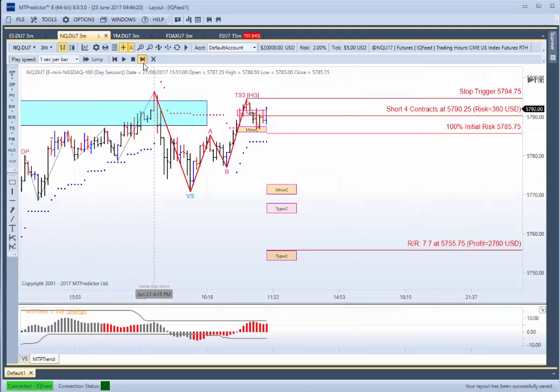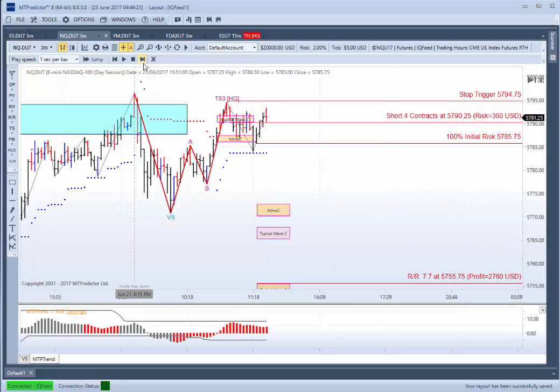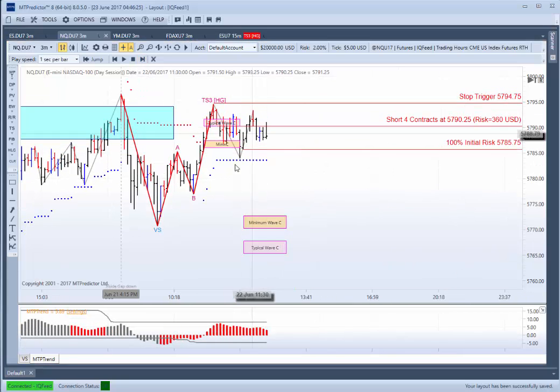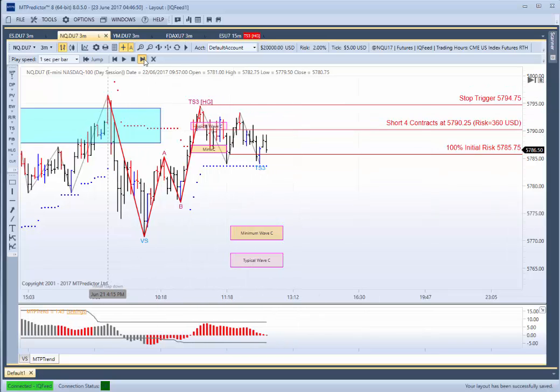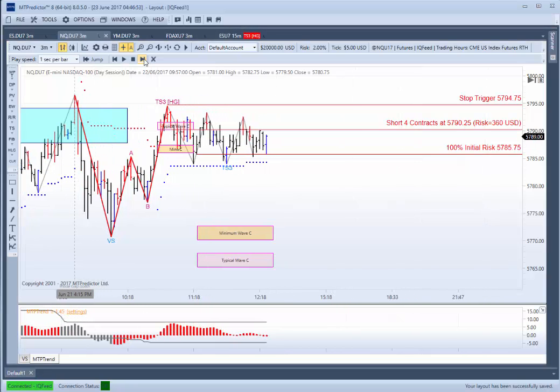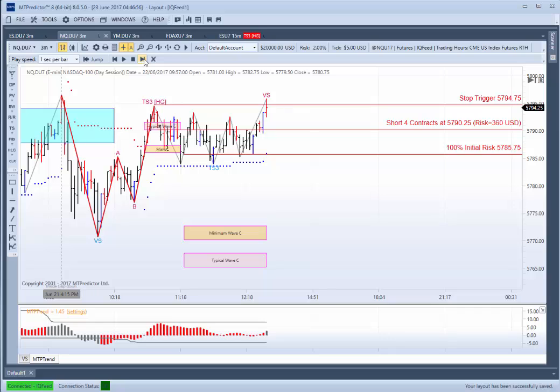Let's move forward. The market would have taken you into a short trade. Basically, it was drifting sideways. It wasn't really going anywhere. So alarm bells should start to be ringing now that this trade was probably not going to work out as anticipated, because ideally you should get some kind of follow through. We had a TS3 buy setup coming there. Obviously, we'd ignore that because the MTP trend was red. But again, alarm bells should be coming in. This is not the kind of activity we really want to see if the market is going to carry on down. It goes sideways, not really going anywhere, up into a potential VS sell setup, but more importantly